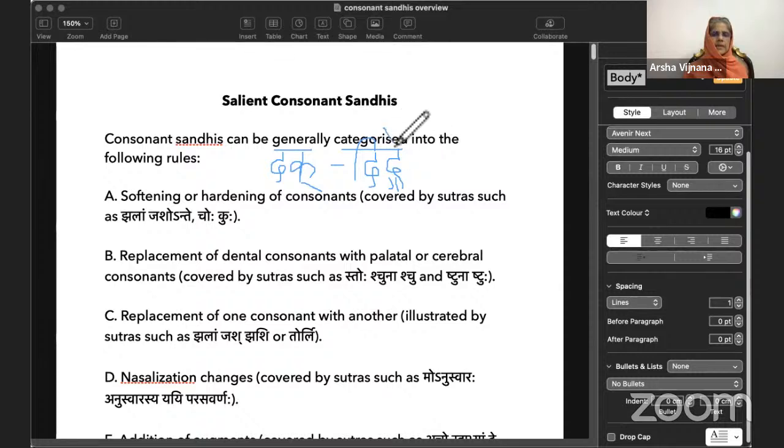Dig Devata. So that's a very good example. So this is the softening, one example of softening. But then we have another word,